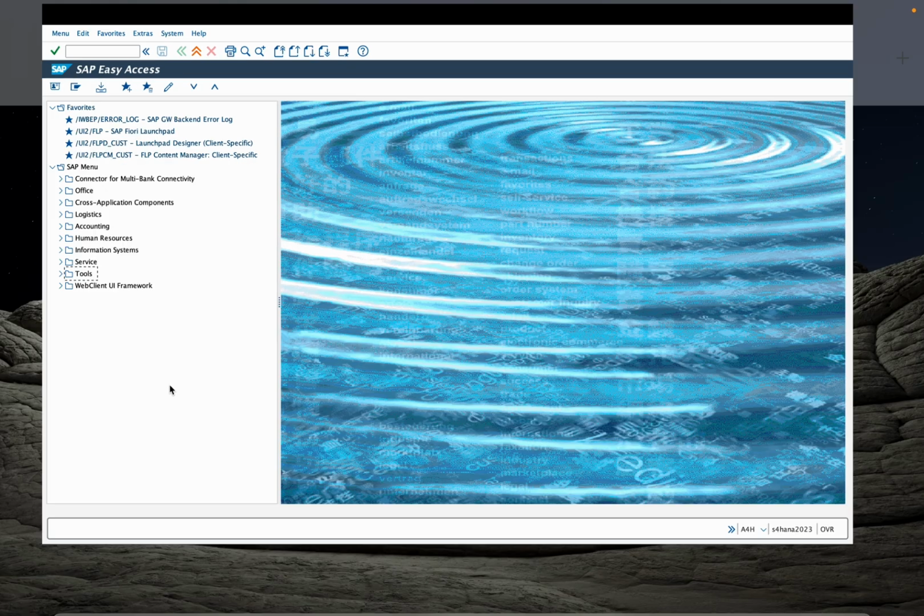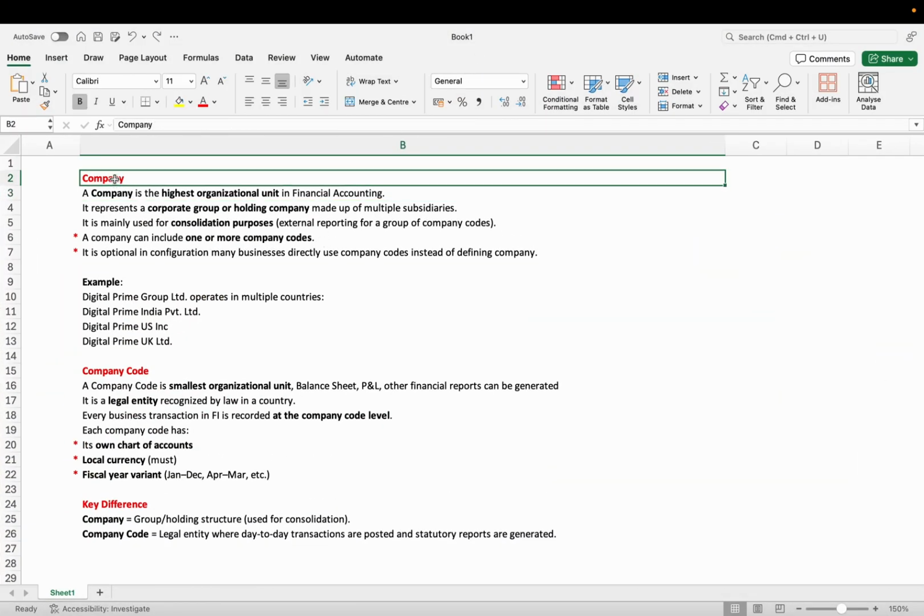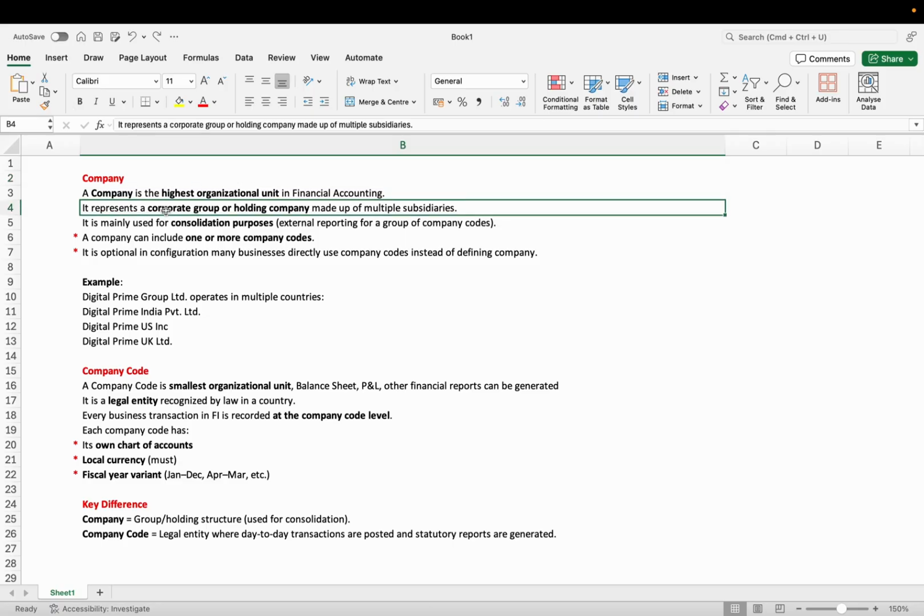So before we do the setup, we need to have some key points. So, company. Company is the highest organizational unit in financial accounting. It represents the corporate group or holding company made up of multiple subsidiaries, and it is mainly used for consolidation purposes of external reporting for the group of company codes.